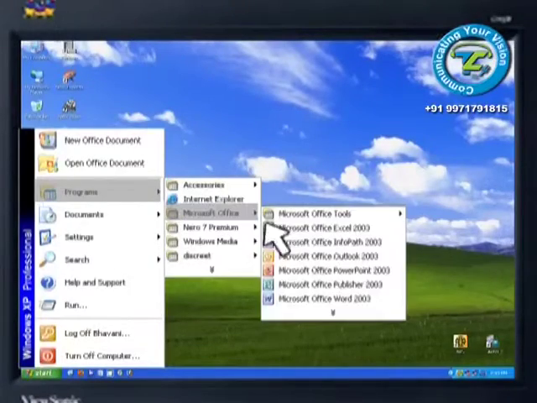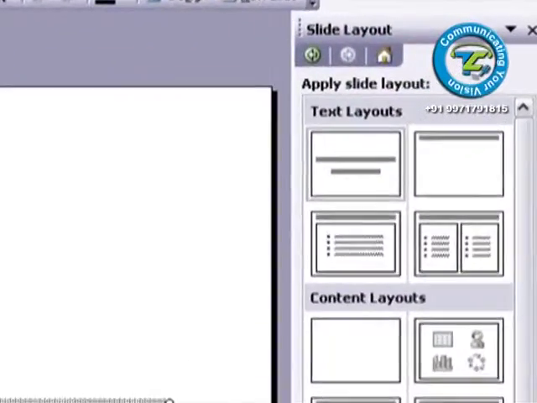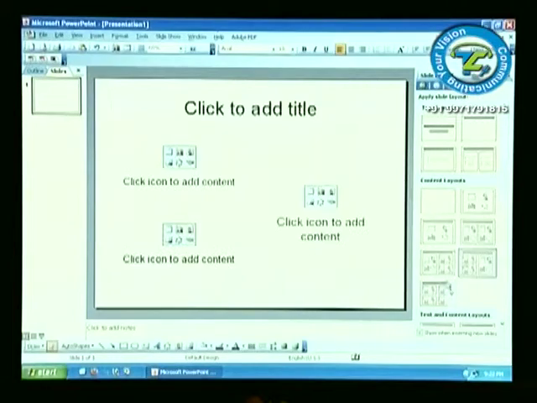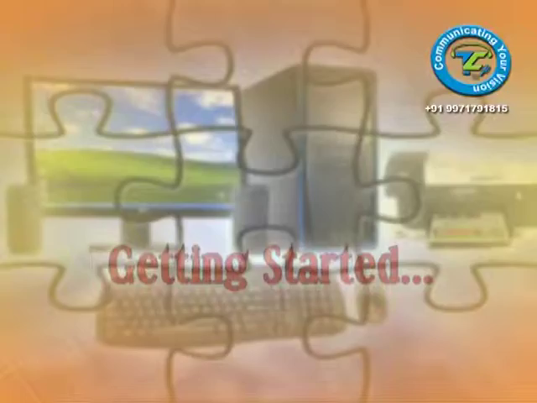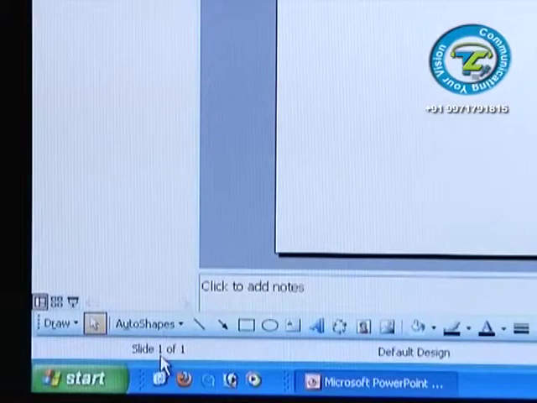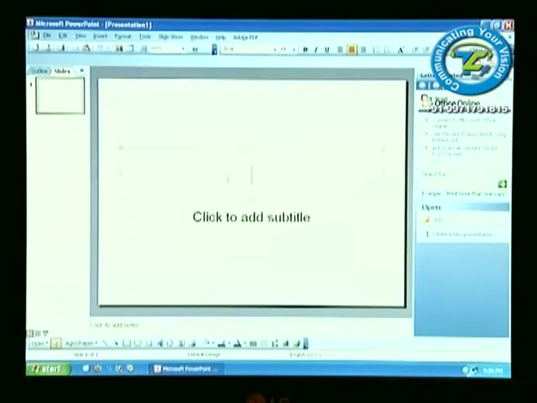Activate PowerPoint through the Windows Start menu and click on the PowerPoint icon. A new slide screen shows you slide layout options. A new presentation based on a blank presentation opens for you to start work on. Getting started. Let us start from slide 1. You will notice in the lower left corner of the screen, it indicates slide 1 of 1. Point the cursor in the click to add title box and click. Enter the title, Progress of Development Work.